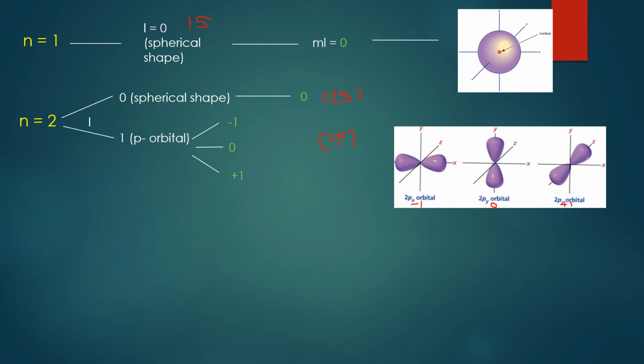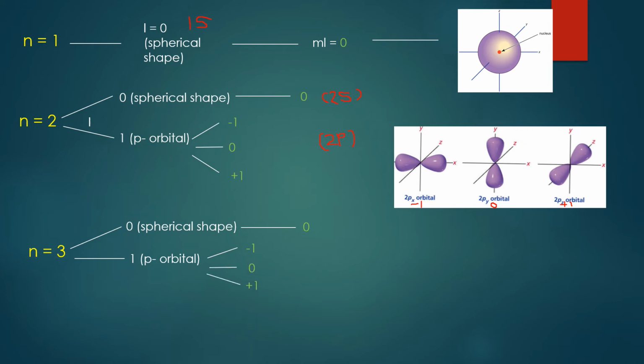Then we look at the third shell and try to figure out how many orbitals are in the third shell. To find that out, we first find the L value. L is equal to n minus 1. So here it will be 3 minus 1, which is equal to 2. But everything before 2 is also present in the shell. So that is 0, which is an s orbital, and ml will also be 0. You can see that all the s orbitals are spherical in shape. L will also have a value of 1. If it is 1, then ML will be negative 1, 0, positive 1.